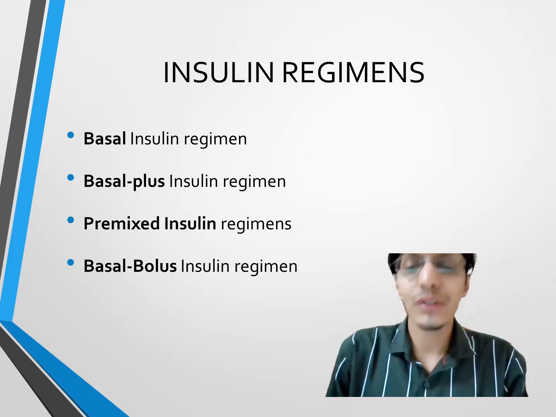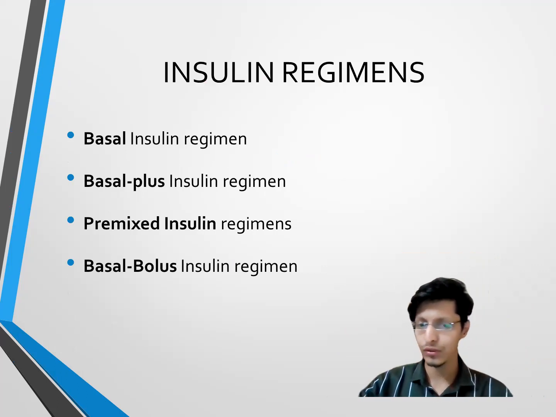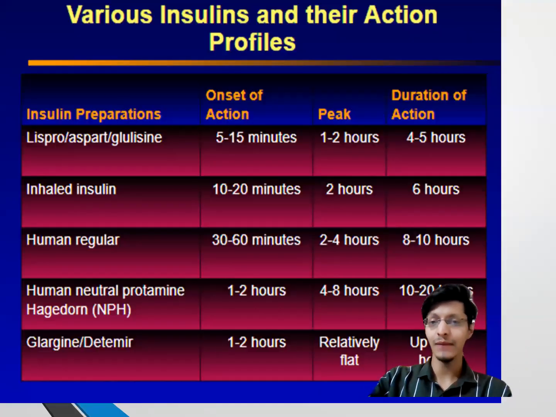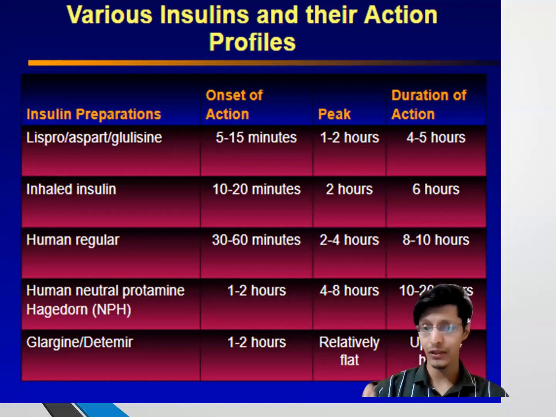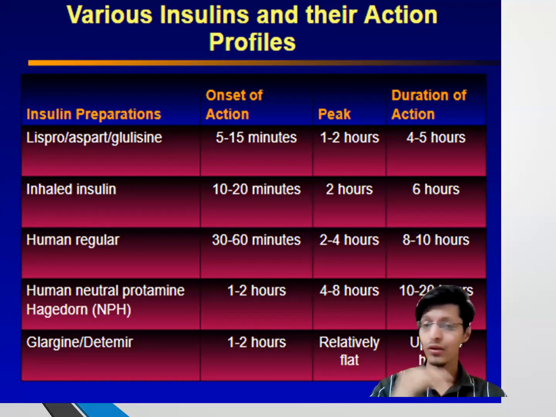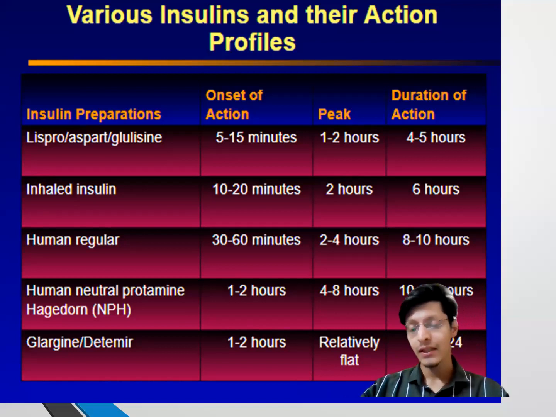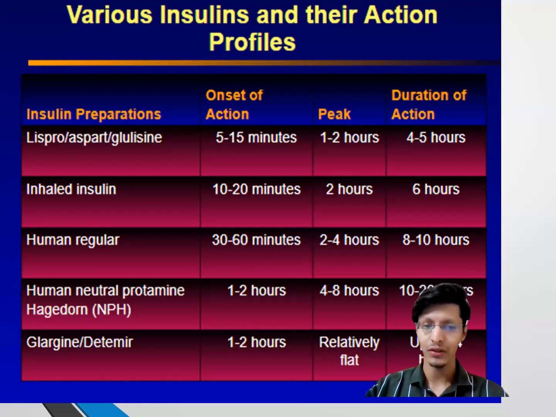Then talking of the insulin regimen. So insulin regimen, we all know basal insulin, basal plus, premixed insulin, and basal bolus. We'll discuss this further. I'm not going to waste much of our time. So a short acting, we have lispro, aspart, glulisine, inhaled Afrezza and Exubera, regular, which will start to act in 30 to 60 minutes और 2 से 4 घंटे में पीक आ जाएगा. Then we have NPH, 1 to 2 hours में काम स्टार्ट करेगा, 4 to 8 hours तक जाएगा. बेस्ट वन इज ग्लार्जिन बेसल इंसुलिन, 1 से 2 घंटे में काम होगा, पीकलेस इंसुलिन है, बेसल लेवल रहेगा, कोई हाइपोग्लाइसीमिया नहीं होगा. देयर इज वन मोर डेग्लूडेक जिसका 48 hours से 72 hours तक भी असर रहता है. दैट इज मच मच मच मोर गुड.